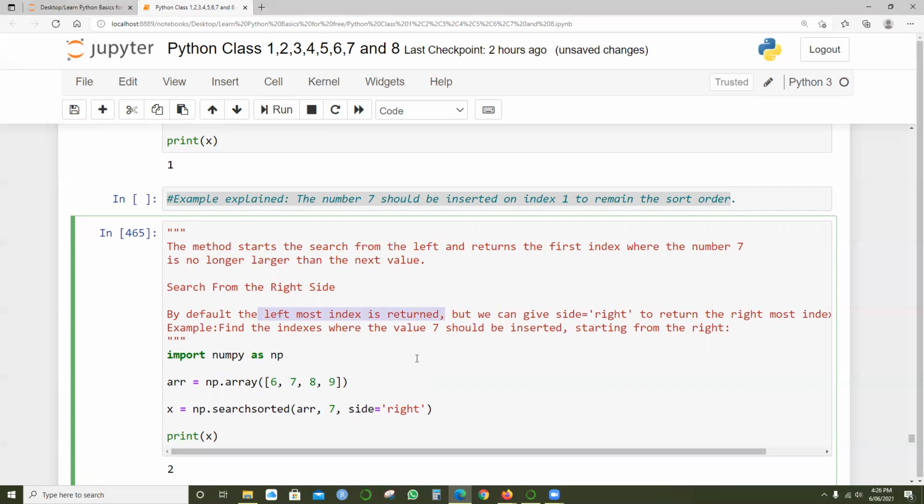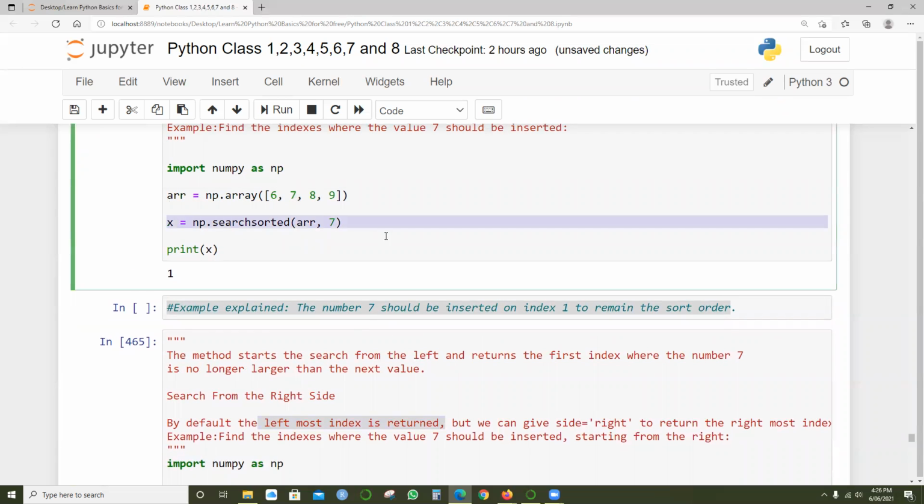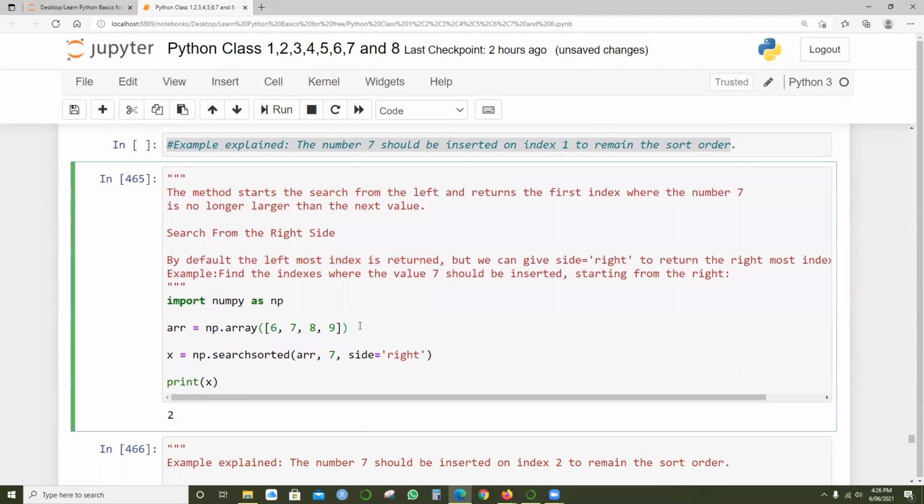When I got 1, that means the 0th index and the first index. What will happen if I start giving the indexes from this side, 0th, first, and second? That means from the right side, I want to give the index values.